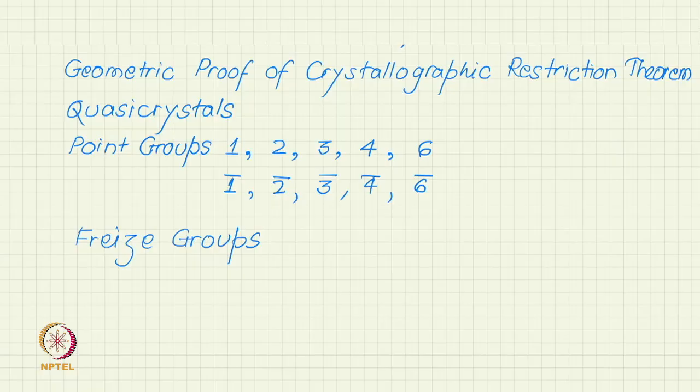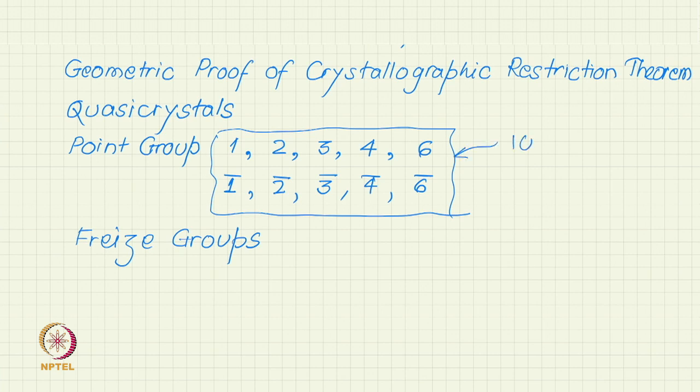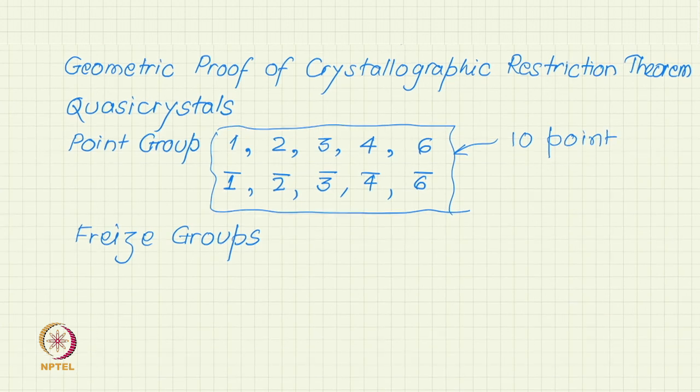Last class we gave a sort of algebraic or matrix proof of the fact that only these symmetry axes can be part of a crystal. Only these 10 symmetry axes can be part of the crystal. So, these themselves are 10 point groups, because as you have seen